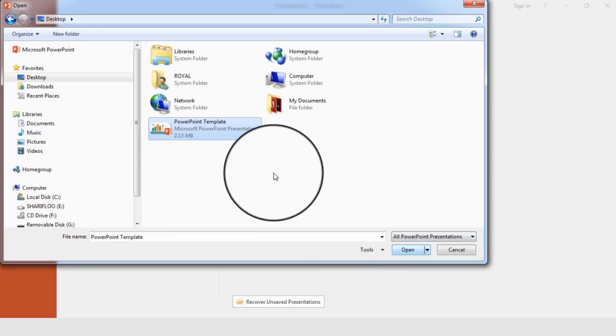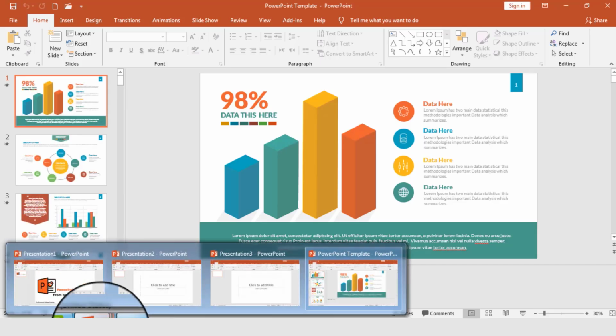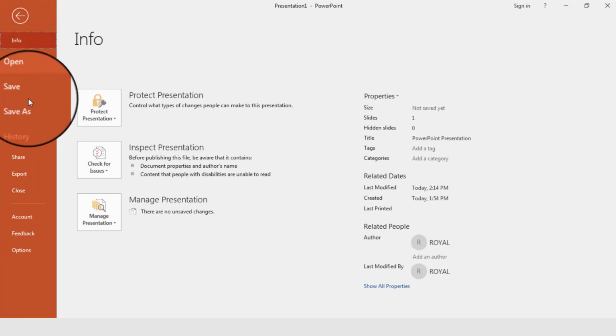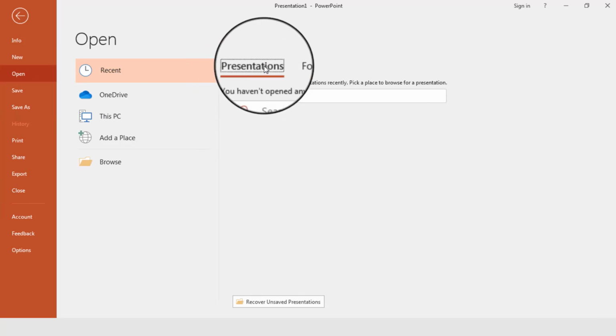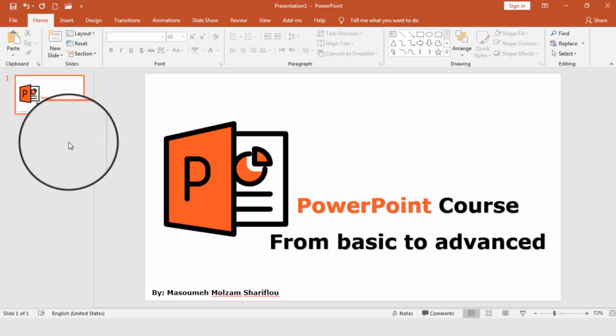previously, select the file which you saved on your computer and open it, or you can use the shortcut key Ctrl O. And of course, if it is active on open, as I explained, in the folders that you have used before or other presentation files which you have already opened, you can select one of those and work on